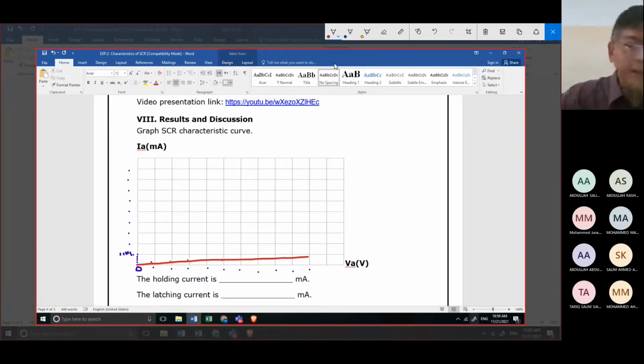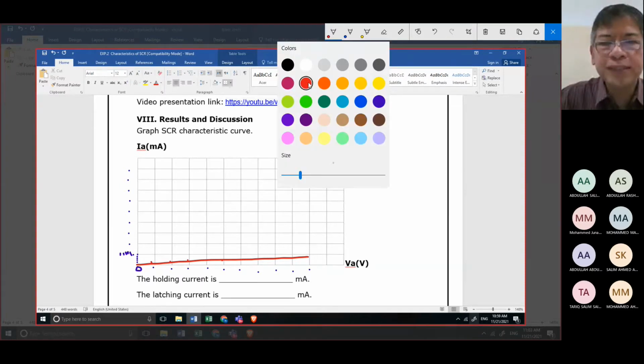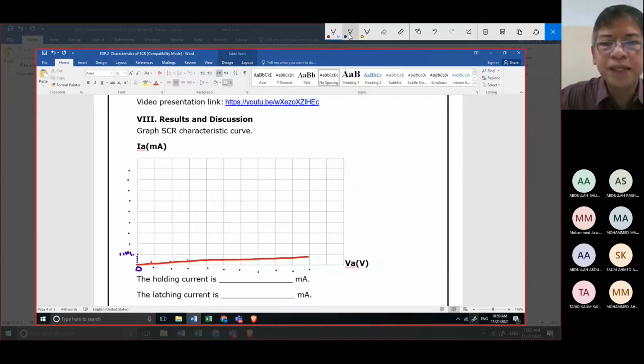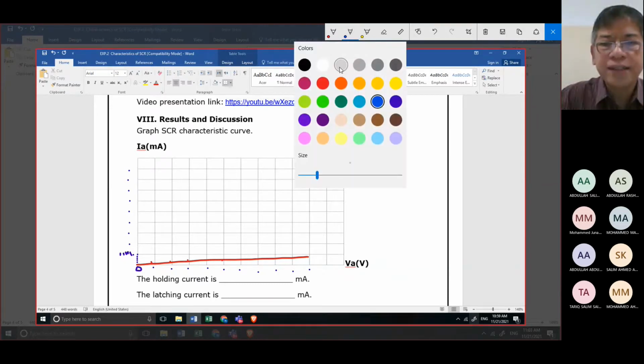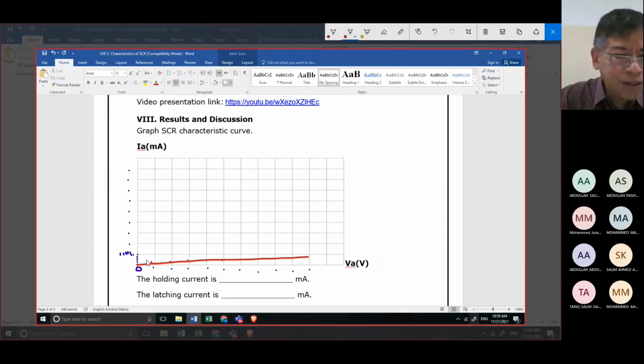Then we have a projected line, so for example, this is our projected line, a small line going only in microampere, because it is still in microampere.